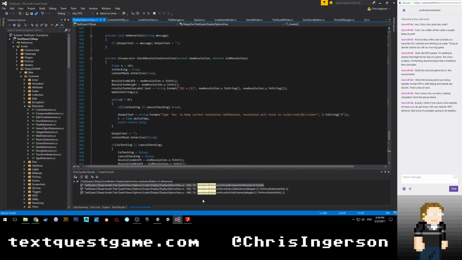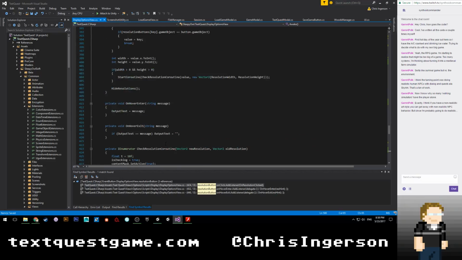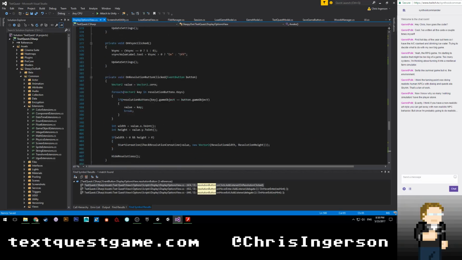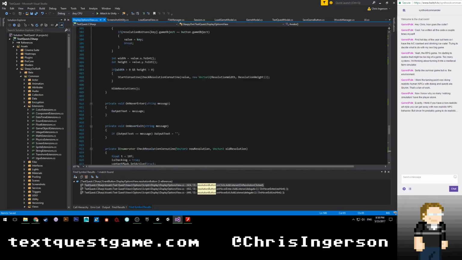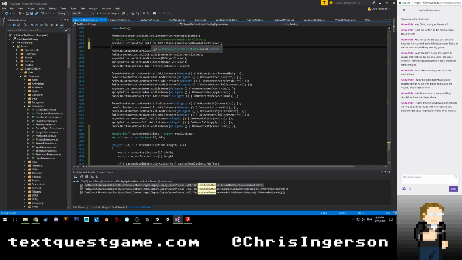Which I think it is for the resolution at the very least, because that code already existed, but I need to do it for the aspect ratio. Where are we? Let's come up here. Oh, and did I actually apply those? No, I didn't. Okay, so let's do that real quick. Prev resolution button on click add listener on previous resolution clicked, so nothing would have happened anyway. Next button on click add listener on next resolution clicked. All right,